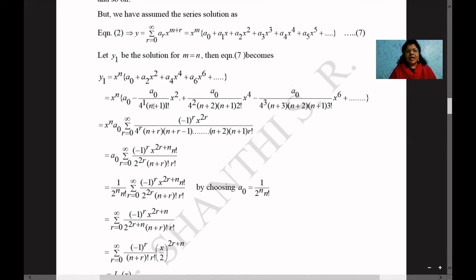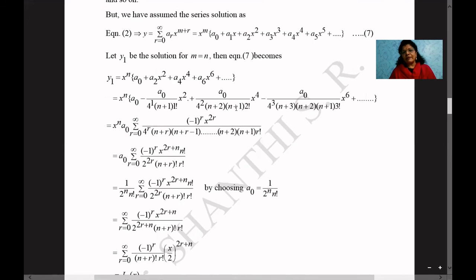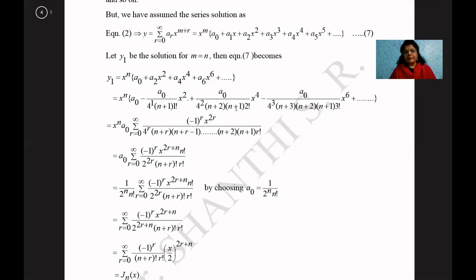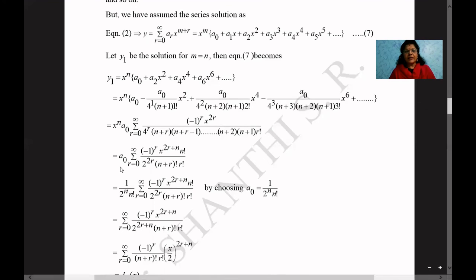What about next? The first term we have got n plus 1. Second term we have got n plus 2 into n plus 1. Third term we have got n plus 3 into n plus 2 into n plus 1. What will be the fourth term? N plus 4, n plus 3, n plus 2, n plus 1, etc. The rth term you will get n plus r minus 1, n plus r minus 2, etc., up to 1. See the last term? N plus 1. Correct? N plus 1 you will get.